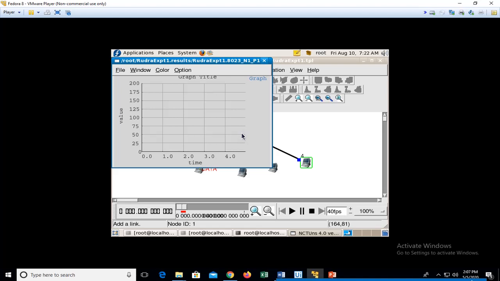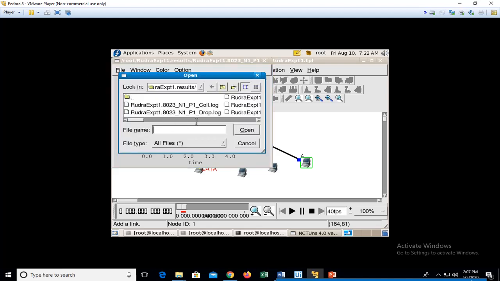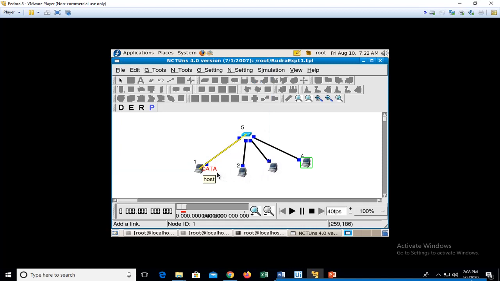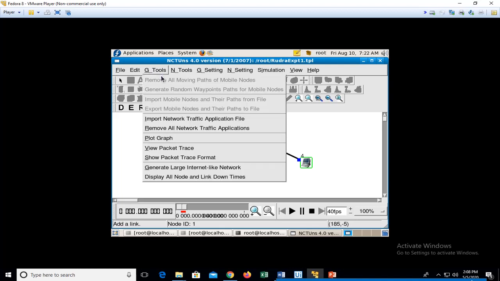Since nothing is coming to the first node, there is no drop happening. Let us see for the other nodes. Since I had just configured 1 and 4, if I configure in the same way for say 2 and 3, I'll be able to see the drop analysis.